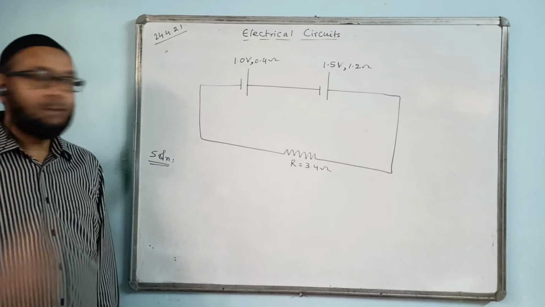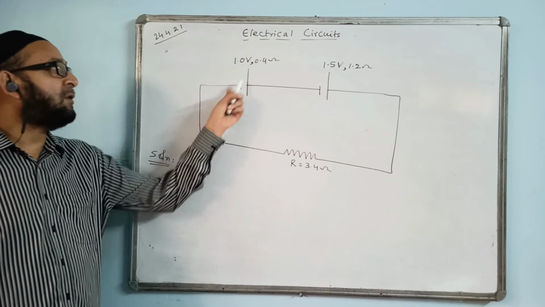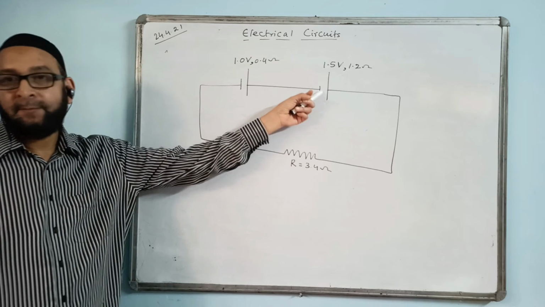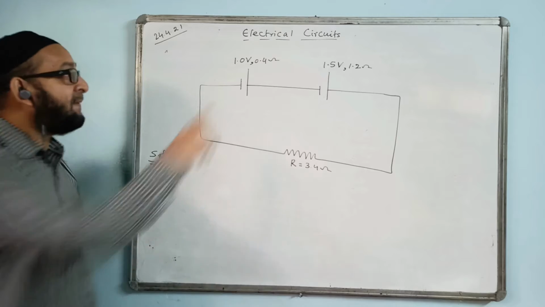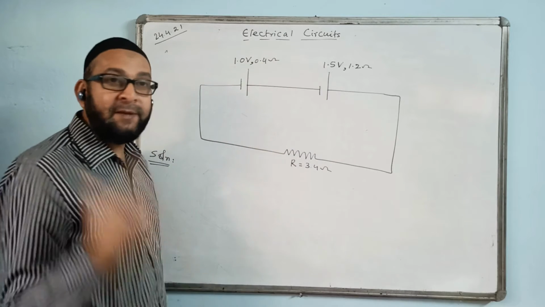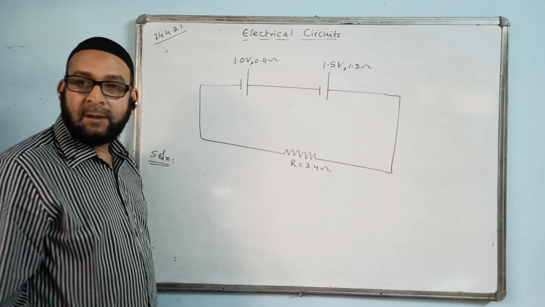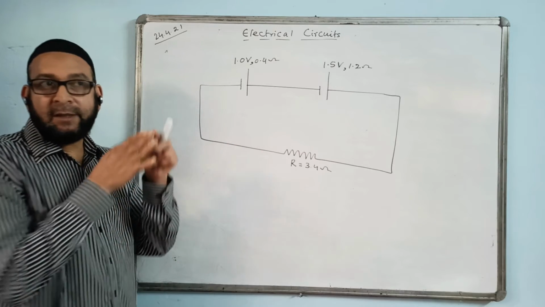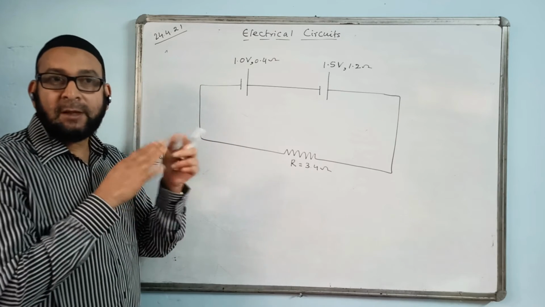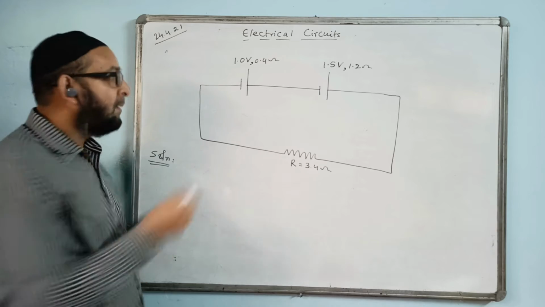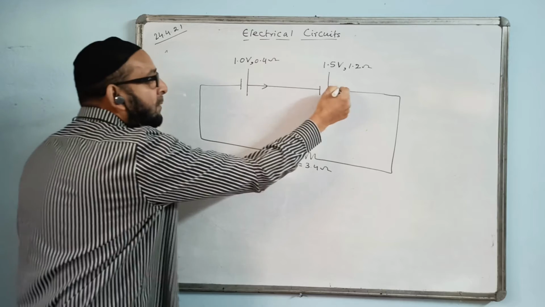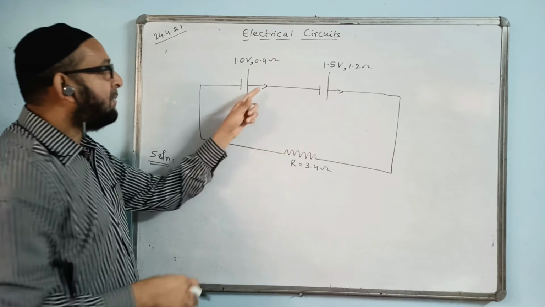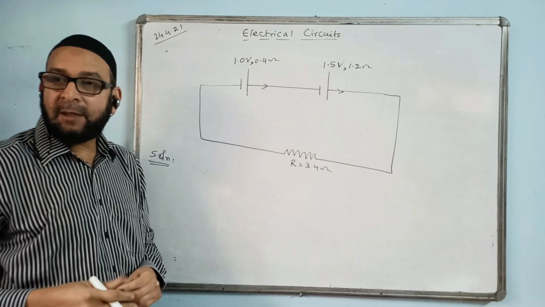The idea is, in this figure we are showing two cells in series, but they are not identical cells, mind it, because they do not have the same EMF and the same internal resistance. They are different types of cells. But we have to check whether they are giving the current in the same direction or in the opposite direction. You see, this cell is giving current like this, from the positive side. From here also this is giving current like this. Then the two cells are giving current in the same direction.